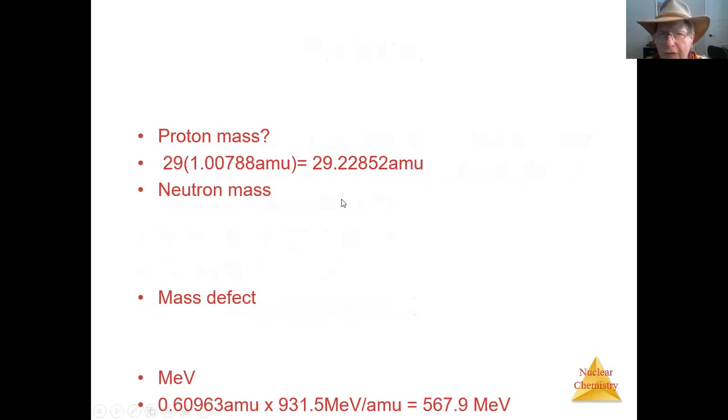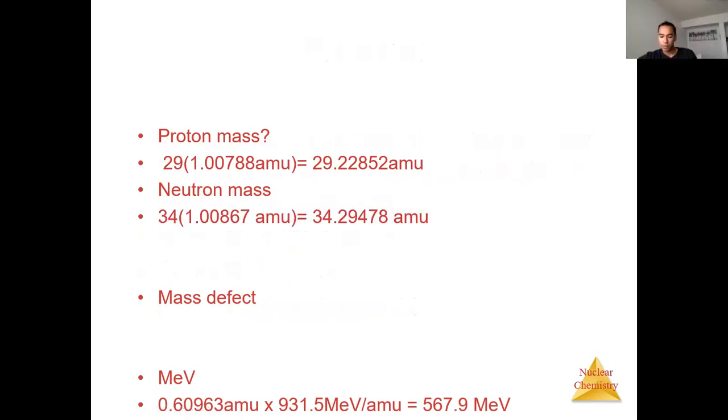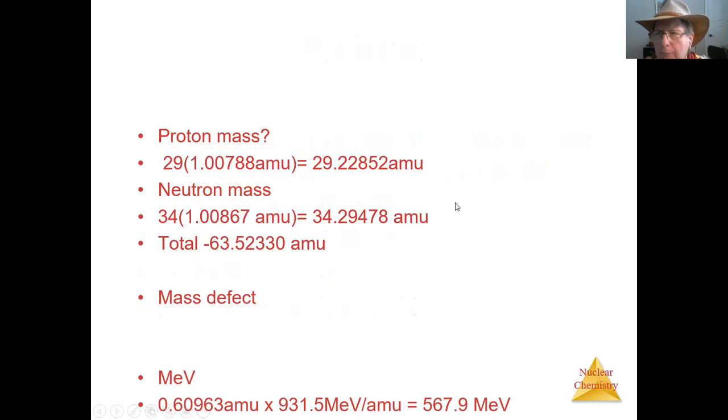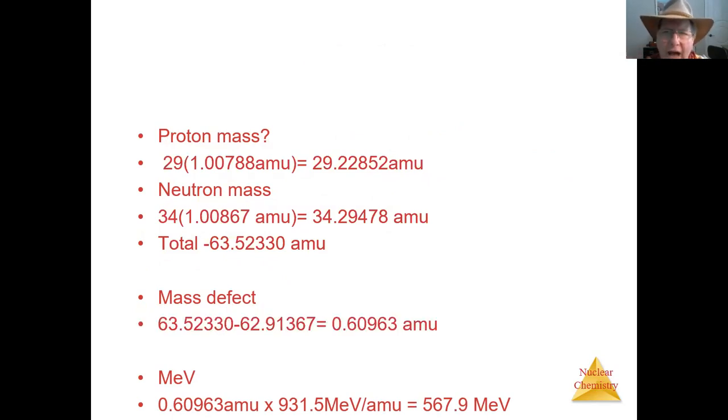This gives me the mass of all the protons. I'm going to take the neutrons, multiply it by the mass of a neutron. This gives me the weight of all the neutrons. I add them together, and that will give me the total weight of all the protons and neutrons. Now I'm going to subtract out the weight of my